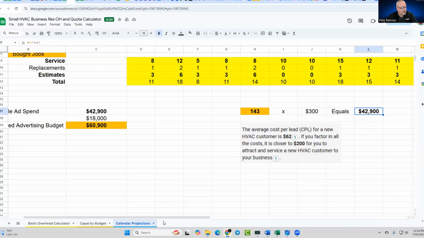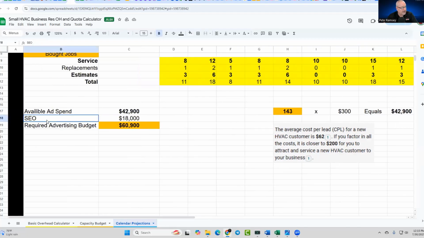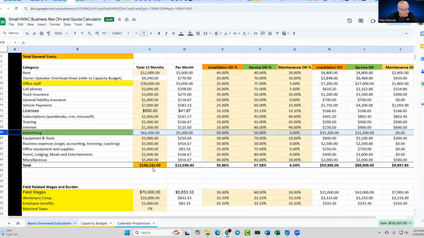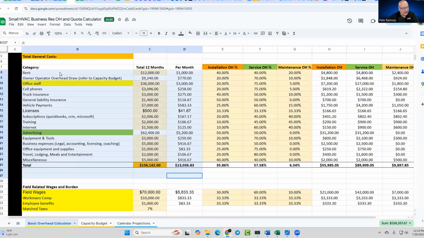And if you have something like over here, SEO for your website, you should, and you add that in, you may have $60,000 worth of advertising expense. That's where these numbers are coming from over here. Didn't automatically plug in on this one, but you see that. So these are fixed overhead. And then when you have that budget, things get slow. You can advertise and hit your quota.